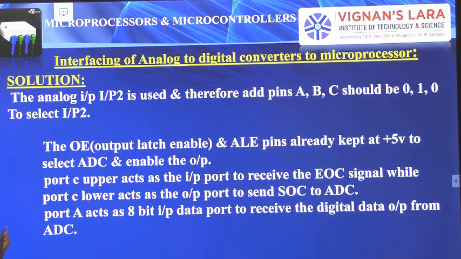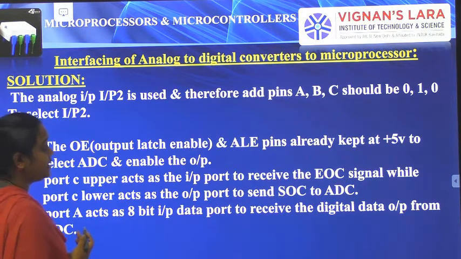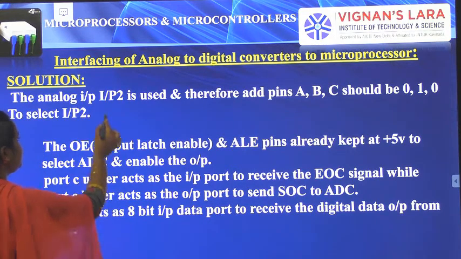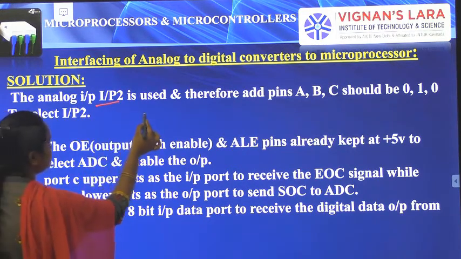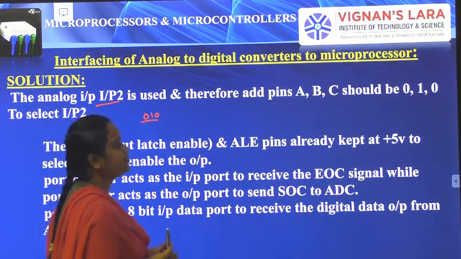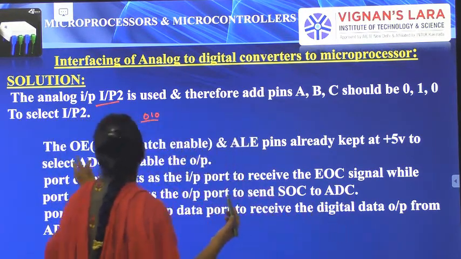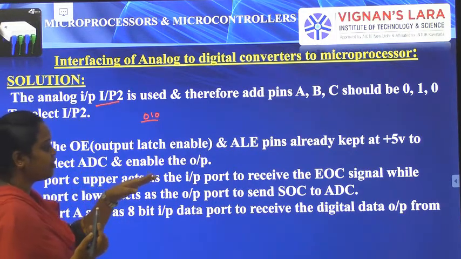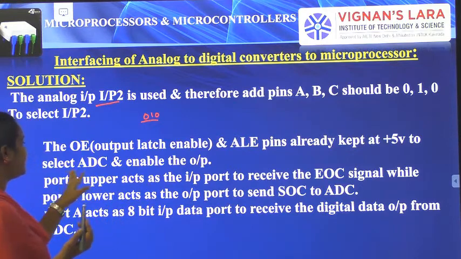So analog input IP2 is used, and the address pins should be A2 A1 A0 equal to 010. IP2 means 010, so it should be 010 to select IP2. The OE output latch enable and the ALE pins are already kept at 5 volts to select the ADC and enable